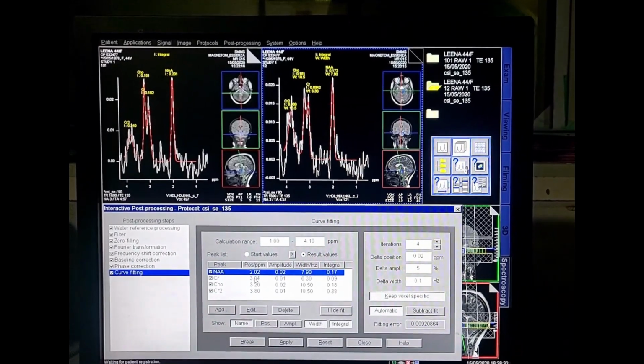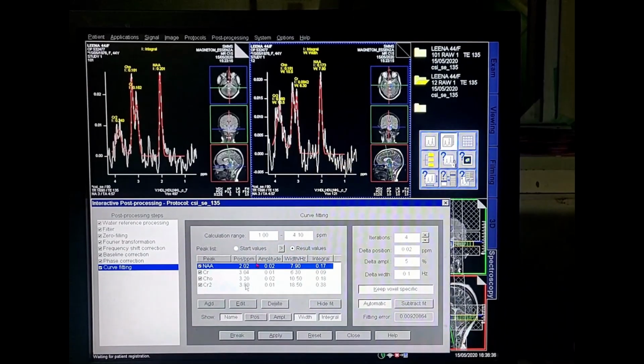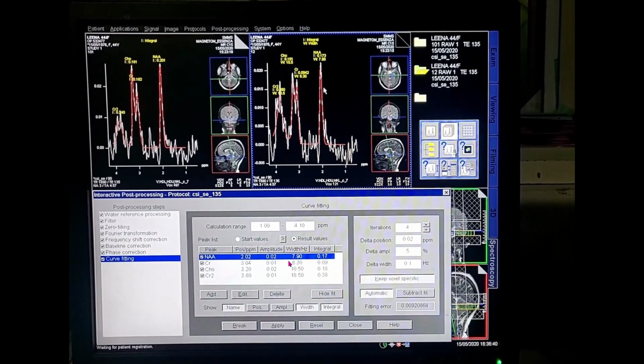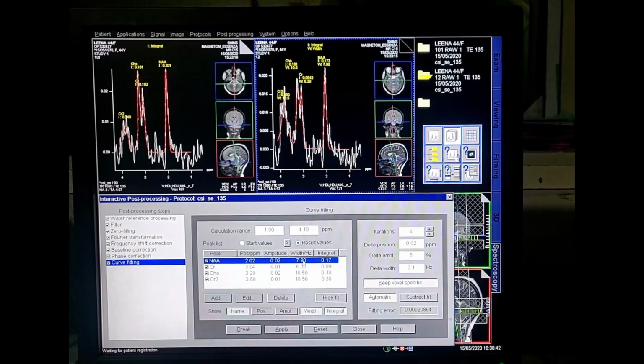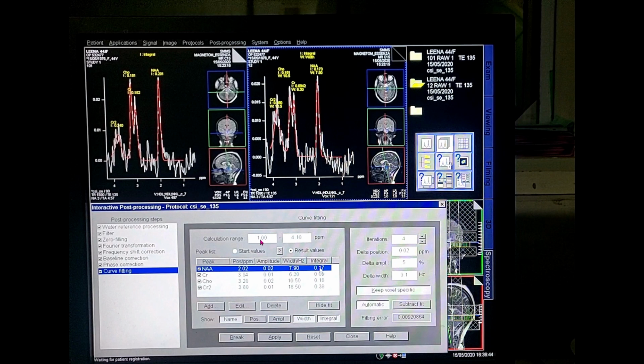So right now what I am trying to show here is the different values which come automatically for that voxel. You don't need anything additional to be done here. It basically shows it in this, and it is showing a calculation range. So you can see the calculation range from 1 to 4 ppm. So it is basically from here to here. The remaining part, it has not included the 0 as a correction because so many artifacts are there. So it is actually automatically coded into the protocol.